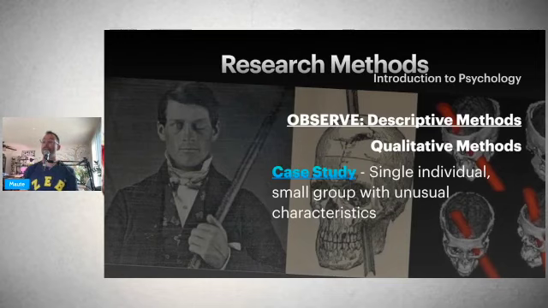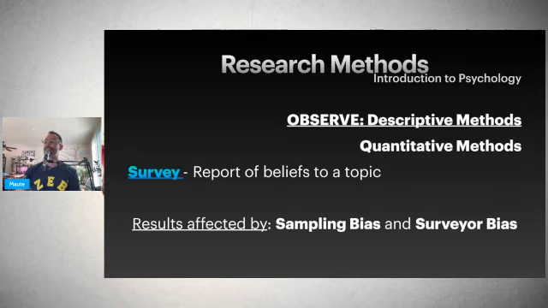All right, let's quickly review 3 problems with naturalistic observation and case studies. First, statistical analyses can't be used if numerical data isn't generated. Second, if quantitative data were collected, these would be at best correlations, so inferring causality would be impossible. And lastly, these non-experimental and qualitative methods are prone to inconsistencies.